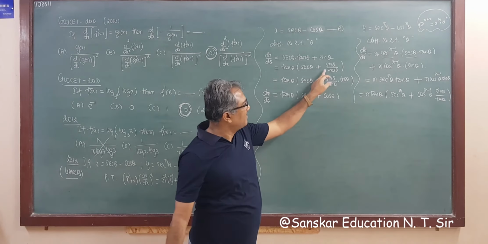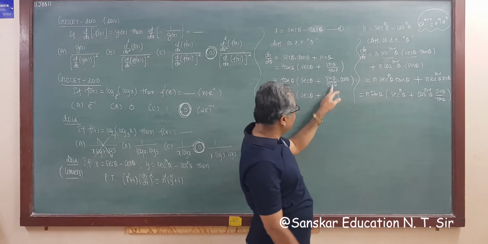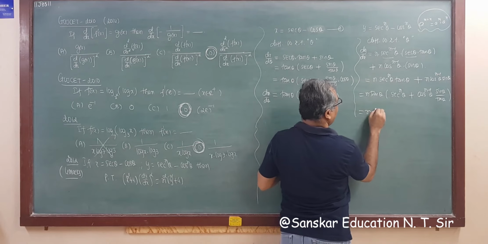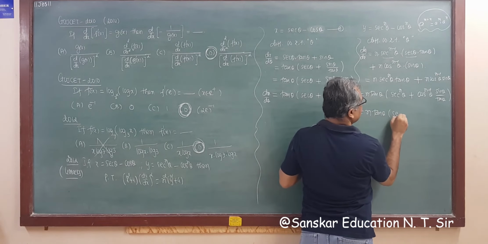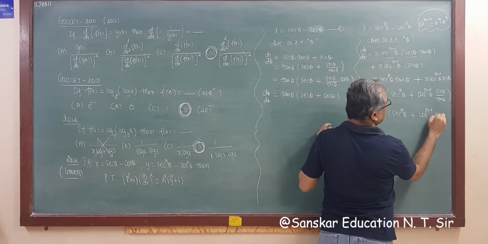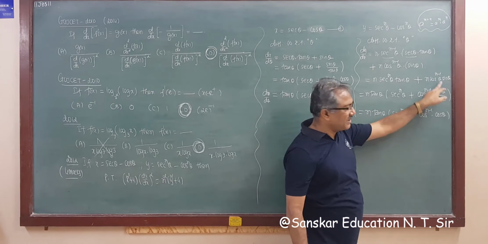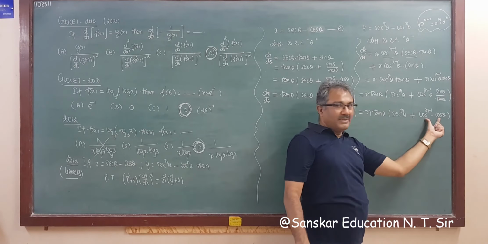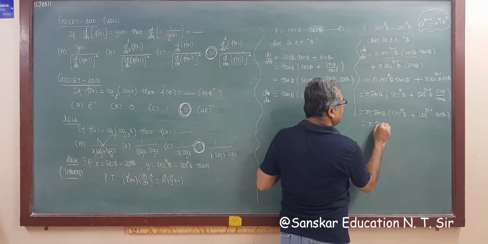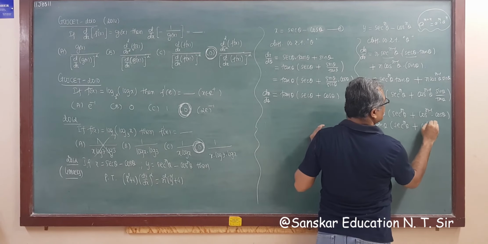Similarly, as we did here, tan is sine upon cos, so the sine cancels. So the remaining is cos theta. So this is n into tan theta times sec raised to n theta plus cos raised to n minus 1 theta into cos theta. Same as this simplification, so we are writing cos theta directly here. Now the bases are the same again. So this is cos raised to n theta. So this is n into tan theta into sec raised to n theta plus cos raised to n theta.